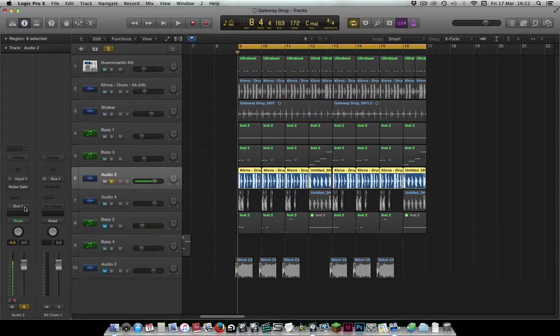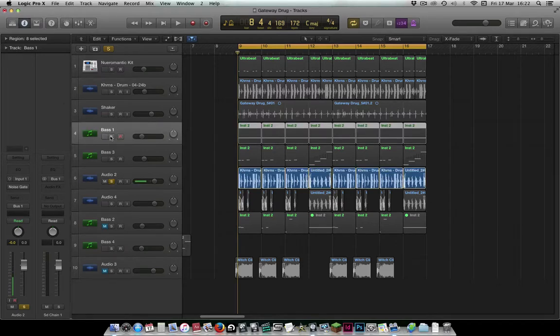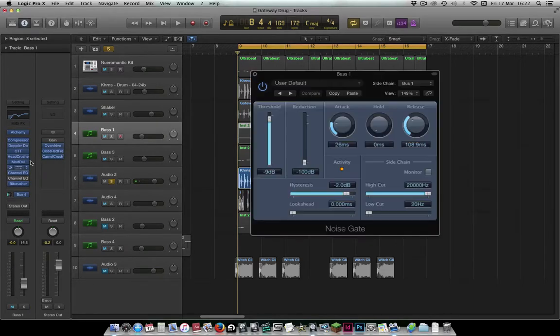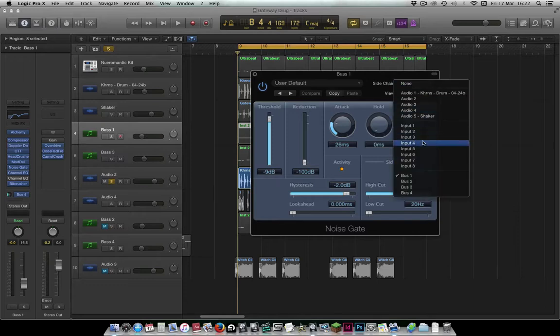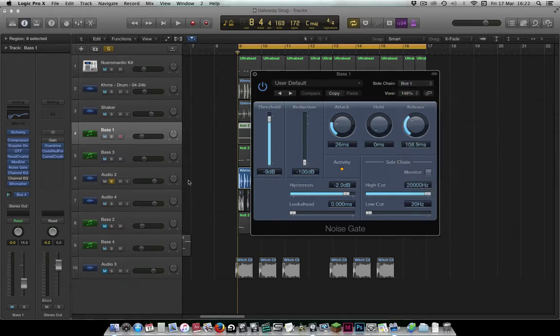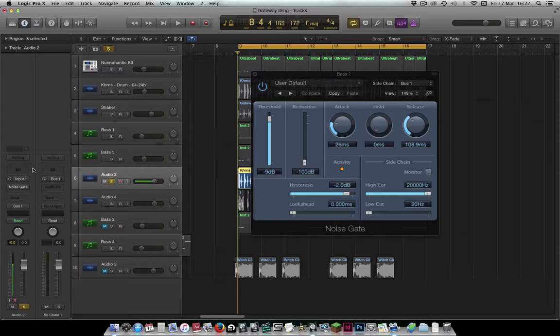So if we're doing it in this fashion, we would need to make sure that our output on the bus end is set to no output. If we were doing it from just using the noise gate sidechain to detect the audio channel, audio 2, we would need to make sure that this audio channel's output was set to no output, and it would achieve the same thing. I hope that's not too confusing for you,